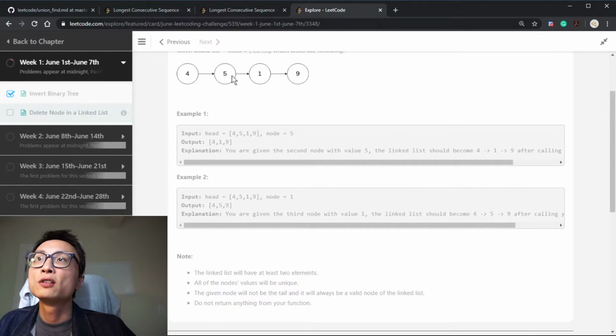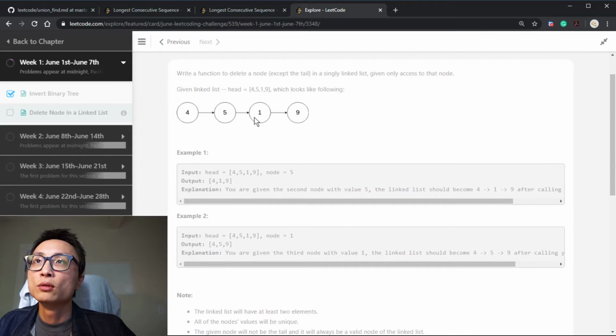So to achieve the same effect, what we would do is to copy the next node's value, change this 5 into 1 and have this next pointer, instead of pointing to 1, point to 9. So it will look as if the original node 5 has been deleted from the linked list, but in reality it just copies the next node's value and shorts the next node instead of the node itself, because there is just no way that we can physically delete this node that's been given to us,